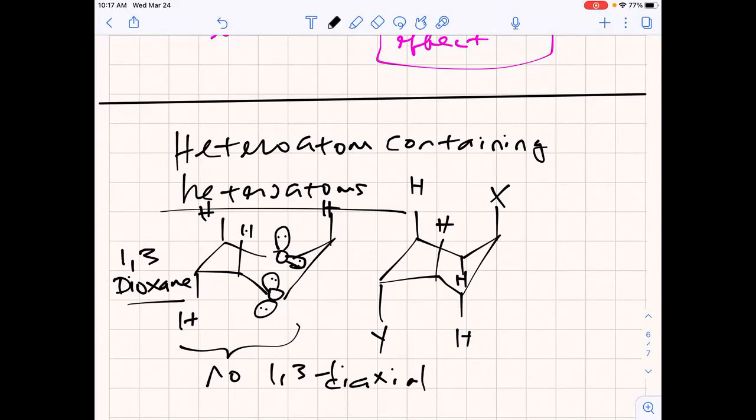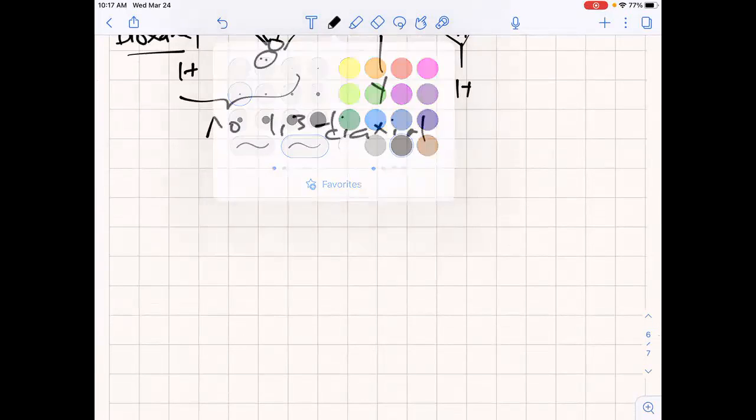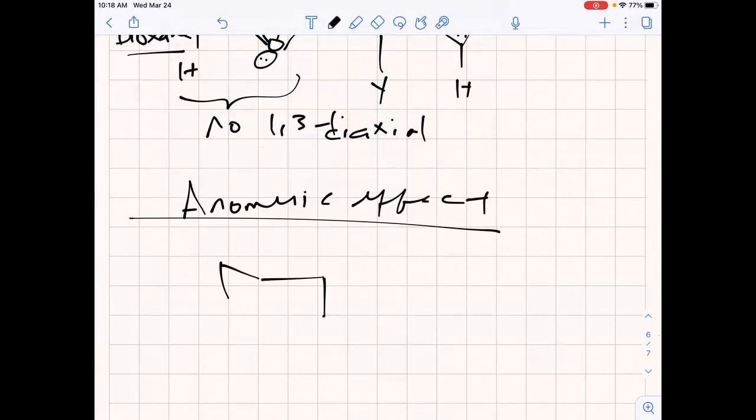All right, so let's talk about the anomeric effect. And this is related to 6-member rings that have heteroatoms in them. The concept of the anomeric effect is derived from what's observed with sugars, where the different isomers of sugars are called anomers. So if you have a sugar like glucose,